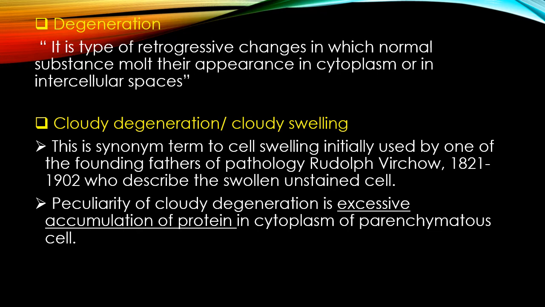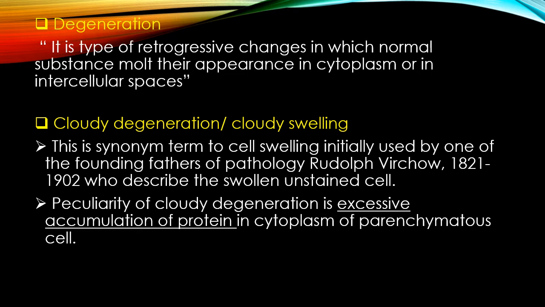Cloudy degeneration is a degenerative change in a cell in which the cell swells. Why does the cell swell? Due to injury to the membranes affecting ionic transfer, causing the cytoplasm to appear cloudy and water to accumulate between cells. Because of the injury, the membranes are affected, then ionic transfer also changes, and because of this the cytoplasm appears cloudy.